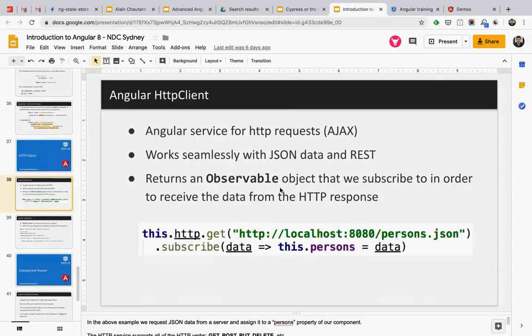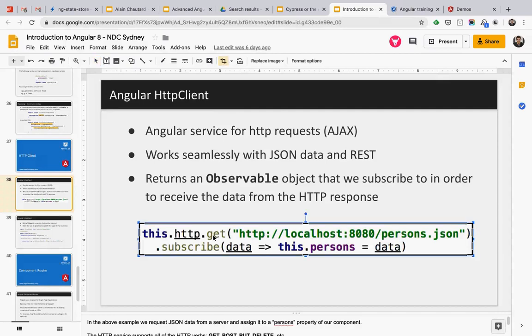So the way to do it is to use an Angular feature called the HTTP client. And this HTTP client, you can use it to make any kind of HTTP request. So here I'm making an HTTP GET to localhost 8080. This is going to return some data, but it's all asynchronous, right? We make a request, we wait for a few seconds, or milliseconds, to get the result, and then we get the data. So when we make an HTTP GET, we get an object as a result that we subscribe to. We pass a callback function to it, and that's how we receive our data.